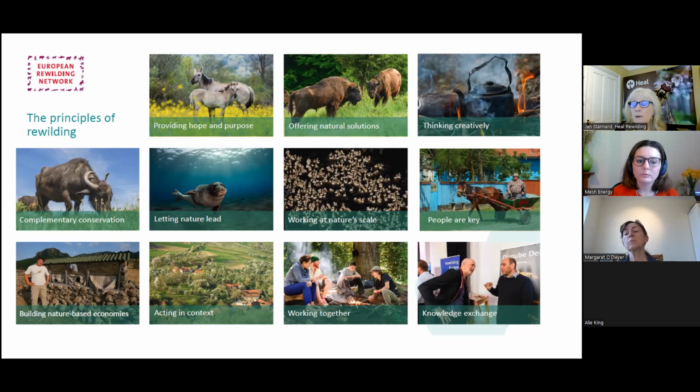And small businesses, perhaps, on sites, producing sustainable goods. All these sorts of things happen, but the main economy that I think will be relevant for this audience is biodiversity net gain, because rewilding sites can provide off-site mitigation or off-site gains for projects. Acting in context: this is about the science. Every site's different, so you see what there is and you act accordingly. Working together, it's an amazingly collaborative endeavour.